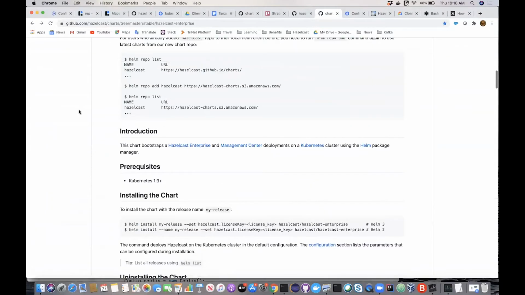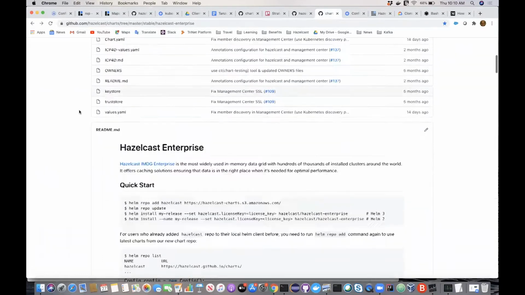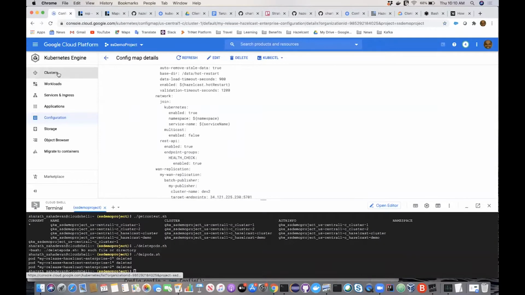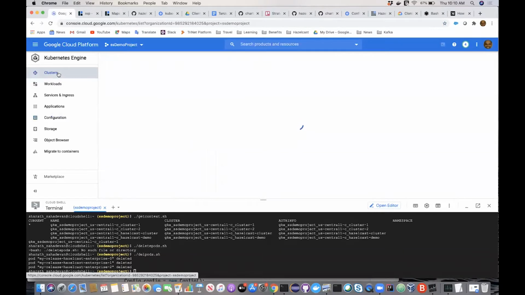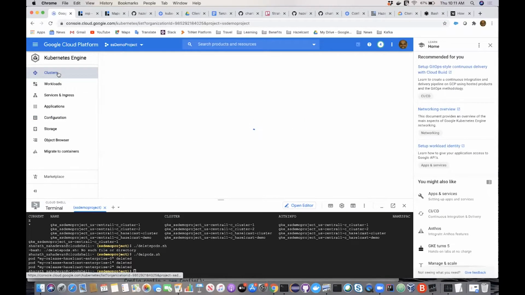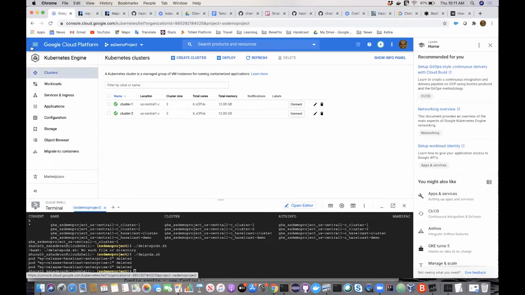So for the instructions, you go to the site that's shown here under Hazelcast Enterprise. Find the Enterprise one because that is the one that has WAN replication. You install that, and here I have two clusters installed, cluster 1 and cluster 2. If I click on cluster 1, cluster 2 there,